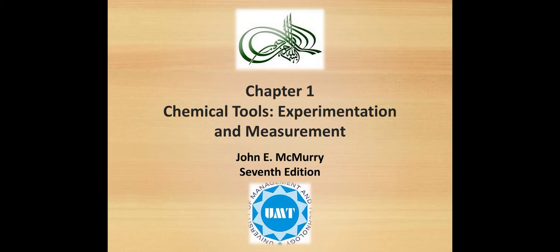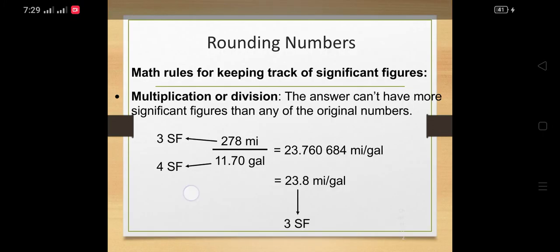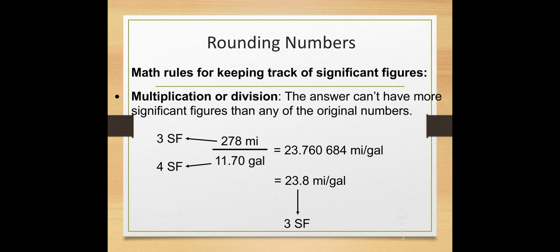Chapter number 1, Chemical Tools, Experimentation and Measurements. This is our second lecture. In this lecture we are going to study rounding numbers, how we round off numbers during multiplication or division